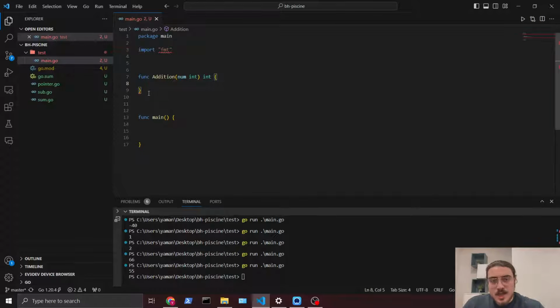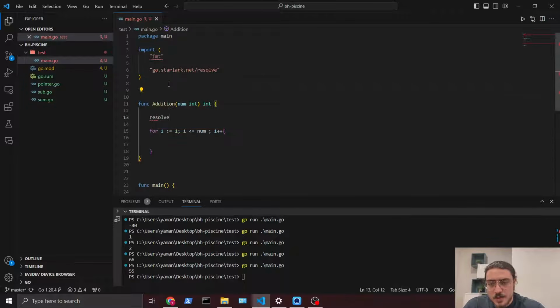This is iteration. This is iterative design, using for loops to solve our problem. So we start with a for loop i equals 0, right? And then where does it end? We are adding numbers, so i will end where? i will end when i is less than or equal to num, right? Then we say i plus plus. And as you notice, zero won't help us with anything, so we can start the loop from one. And now I need a variable to save my data in. Right? So I will make a variable, I call it result, not resolve, result. And the result will start from zero.